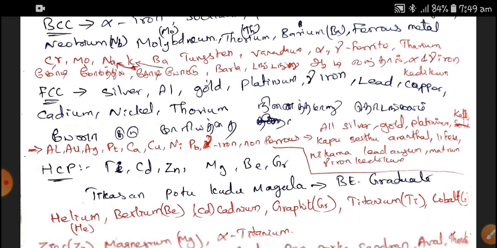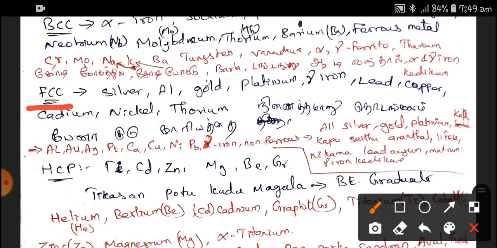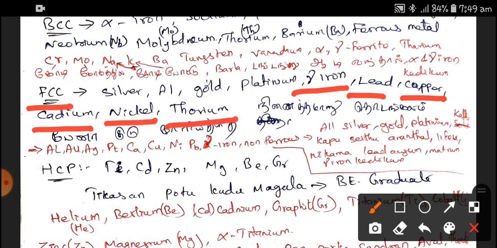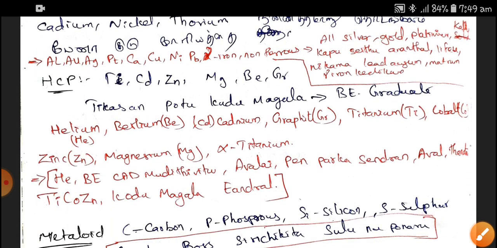And FCC structures are silver, aluminum, gold, platinum, gamma iron, lead, copper, cadmium, nickel, and thorium. And for the HCP structure,